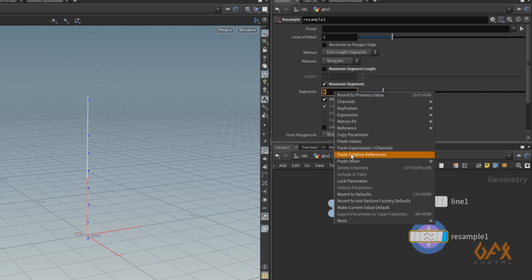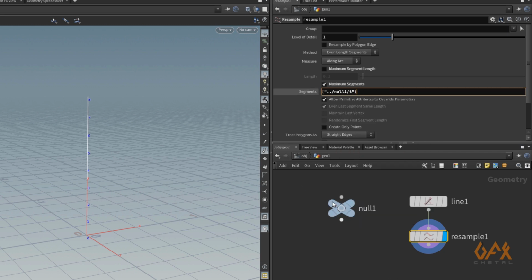Through paste relative reference, it directly calls that value, and you can see over here it is named ch, double colon, dot dot slash null1 slash t. That's how it calls the value of that null1, and I defined its name as t, so it is called as t. So I just copy this.